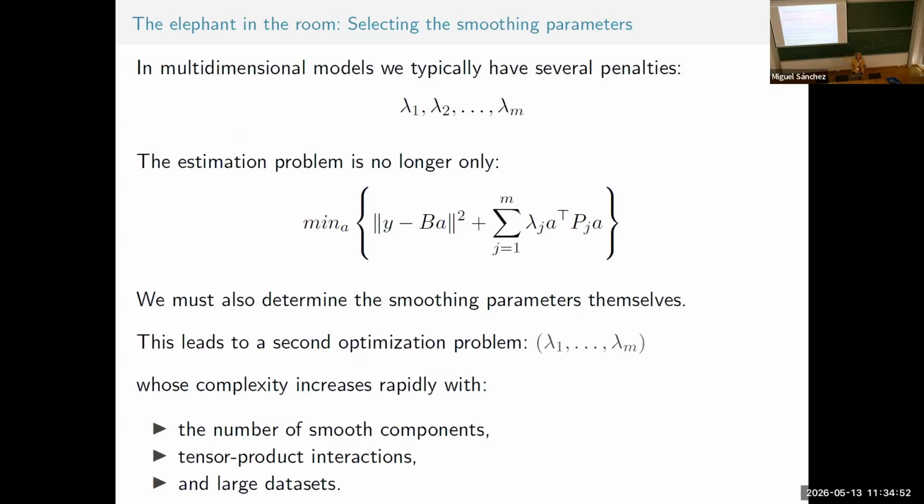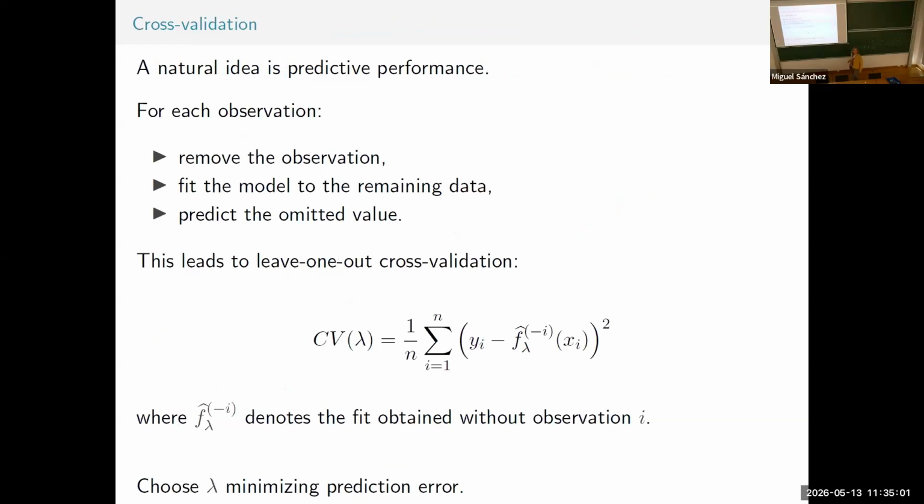In my models, I have many penalties because I use penalties for a lot of things. The traditional way is cross-validation, generalized cross-validation. If you have a 1 or 2-dimensional problem, this is okay. But if you have a 10-dimensional problem, which is very common in data analysis, there is no way you are going to work on a grid.